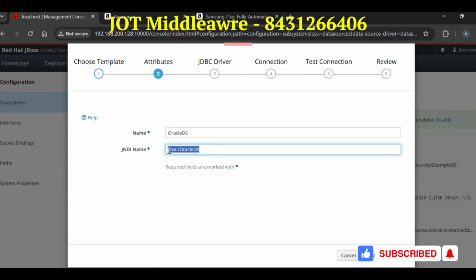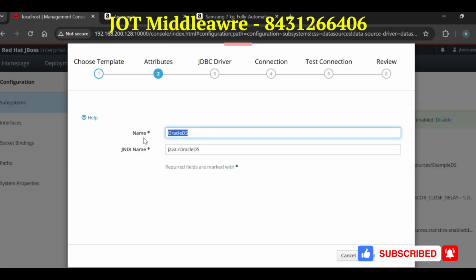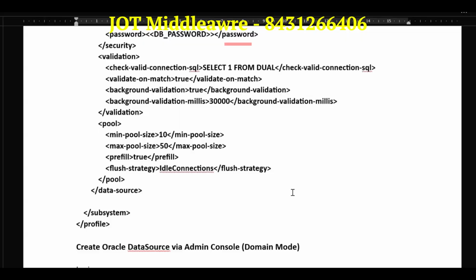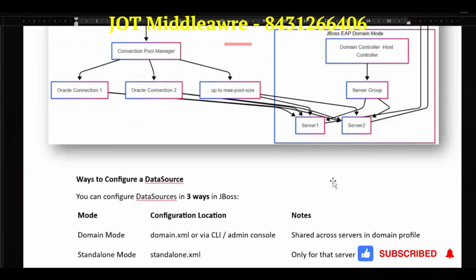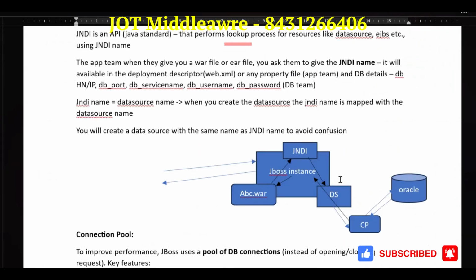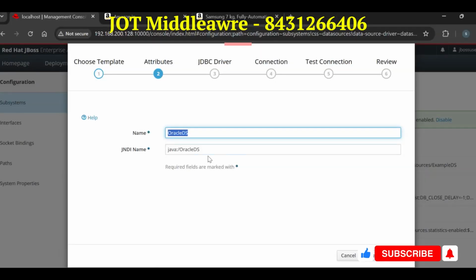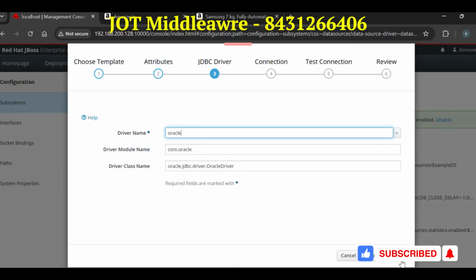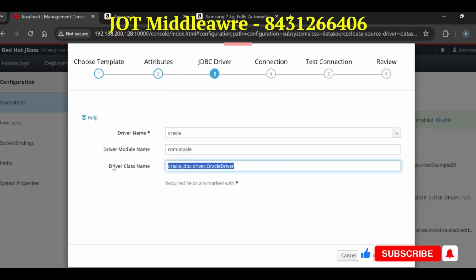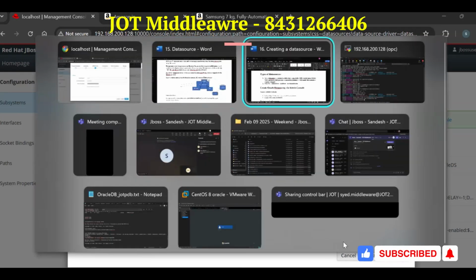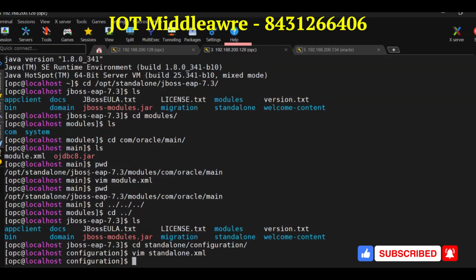This JNDI name is mapped with your data source name, so when you create the data source, it will be mapped under the JNDI tree. So that is what happens when I click on next. Okay. Driver name, Oracle, driver module name, com.oracle, and this is the class name. So these are all mentioned already